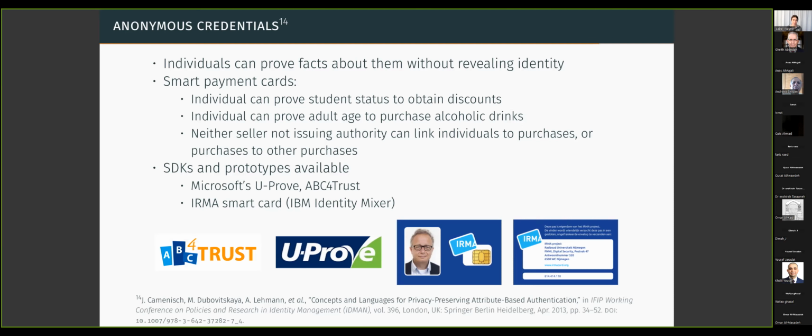And the traditional way to do that is, of course, you show your real ID, and then the service provider learns all kinds of things, learns your name, your date of birth, whatever else is on the ID, which most of that is information that they don't really need to make the decision whether you're eligible to buy or eligible for a discount. So the idea with anonymous credentials is that